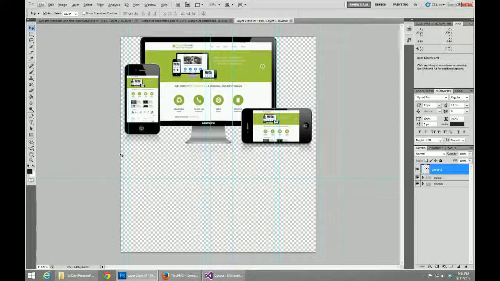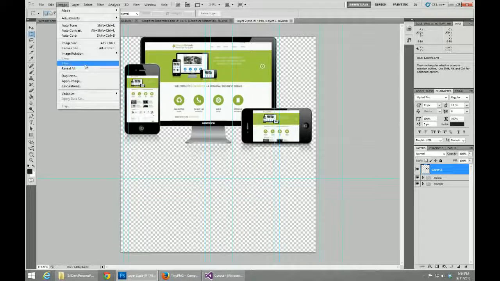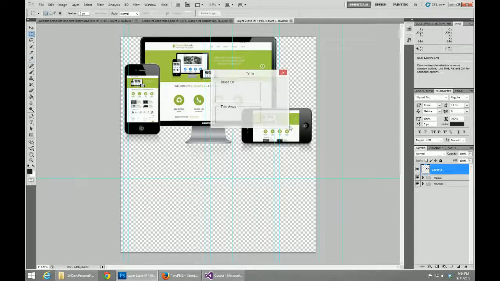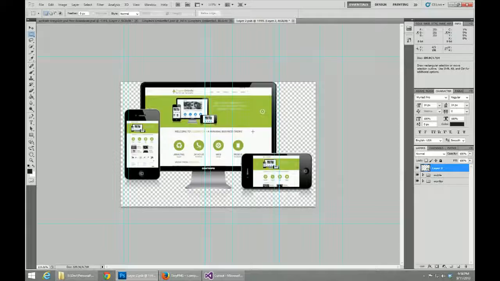Now you see we have this big section down here that is full of space. We're going to go up to image and select trim. Now what this does is it's going to trim all, you can select to trim all transparent pixels around it, and this will allow you to